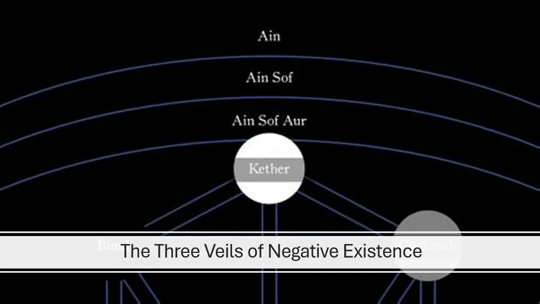So in the Western esoteric Qabala, influenced by the Golden Dawn, Dion Fortune, and others, they are often depicted as three concentric veils or curtains above Keter, from which the divine light first condenses into the tree. The nothing or the no thing, Ein, is the highest and most radical veil. It can be understood in two profound yet contrasting ways. As total negation, which is a complete absence, void, or non-existence in the sense of absolute denial of all attributes,